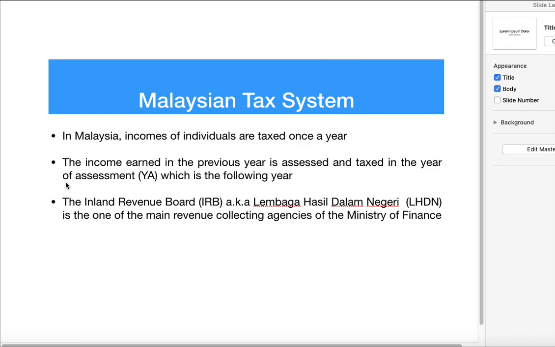But the income earned in the previous year is assessed and taxed in the year of assessment, which is the following year. Meaning to say here, income that we received last year is to be assessed in the year of assessment 2019, which is this year 2020, because we cannot do the year 2020,